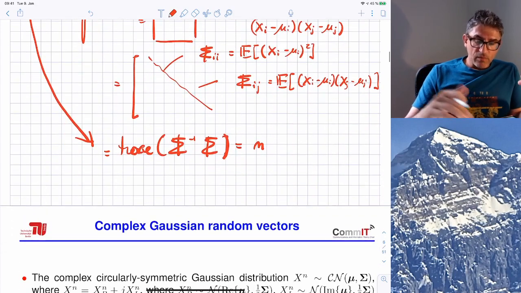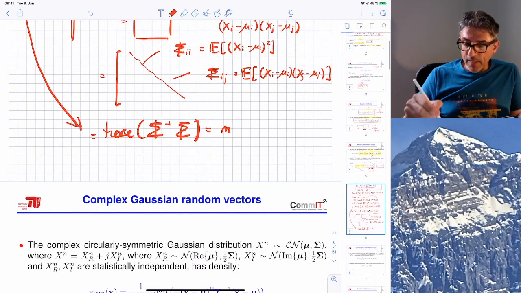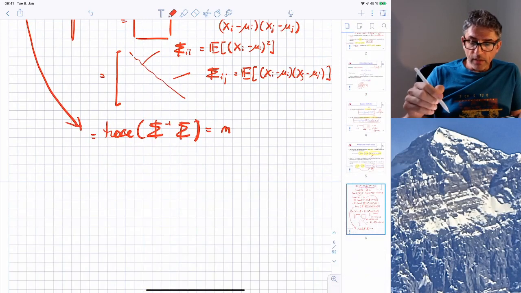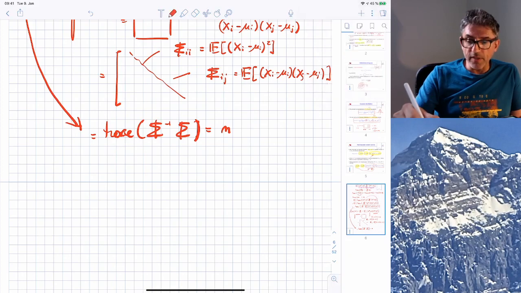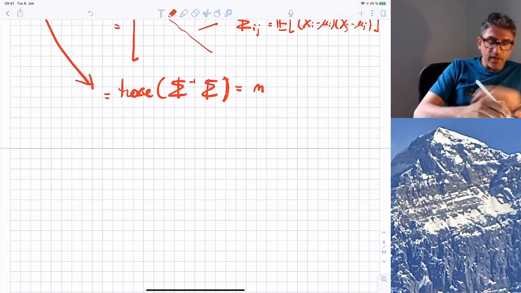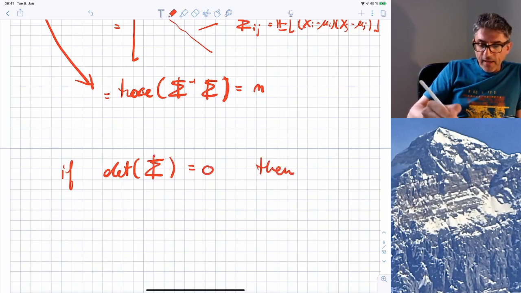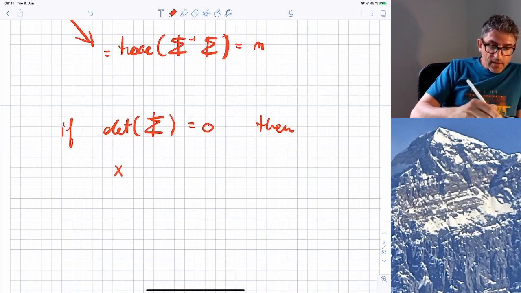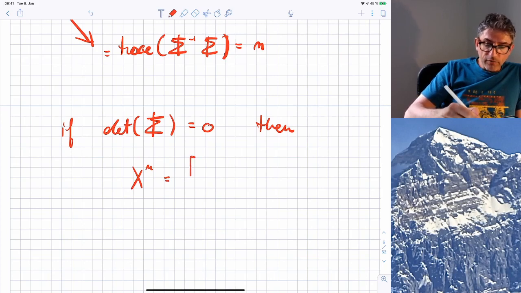vector that has a covariance matrix with determinant equal to 0, it means that I can express some of the components as a deterministic function, in fact linear functions, of the other components, which means that some of the components are redundant. So I write it here: a general fact about Gaussian vectors is that if the determinant of the covariance is equal to 0, then I can write my random vector x as a transformation of